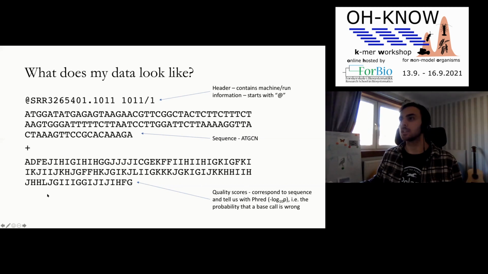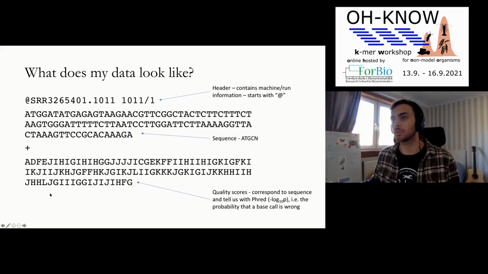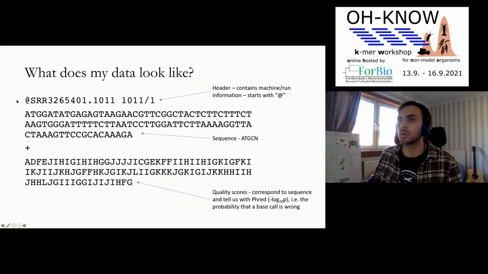So what does my data look like? More often than not, you will end up with a file like this from the sequencing machine or from your sequencing center. This has obviously had some stuff done to it first. The machine doesn't just spout this out, but typically you will get it in this format. And what you end up with is, at the top here, you have this header line, which contains the machine information, normally some run information, and whether your read is a forward or reverse strand is also often kept here. So I think in this case, this is what this one is for. And that header will always start with an @.